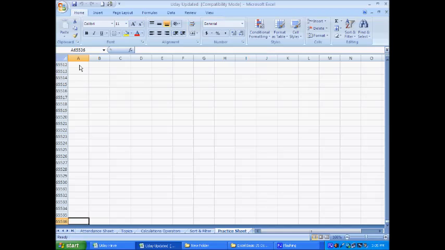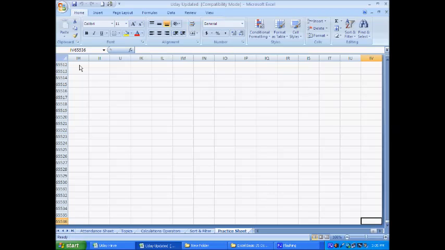Now similarly, try Control right arrow. As soon as you press Control right arrow, you have come to the last column of your spreadsheet, that is IV. Roman numerals IV is the last column. Now you are in the last row and last column of your Excel spreadsheet.